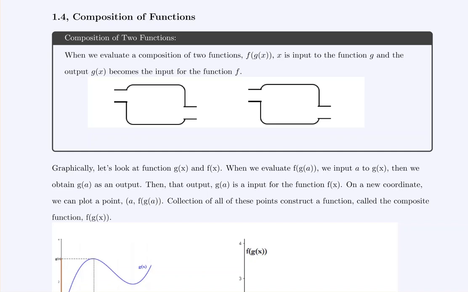A composition of functions is an operation that you can do from two functions, and then you can compose them, which we'll talk about what that means in a second, and then that will give you a completely new function. So if we are going to evaluate a composition between functions first, there's a few ways you might see it. The way I'm going to use in the class, and the way I think you'll mostly see in the textbook,